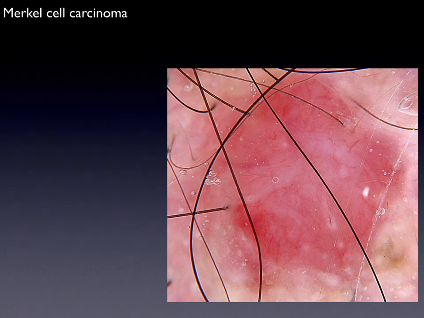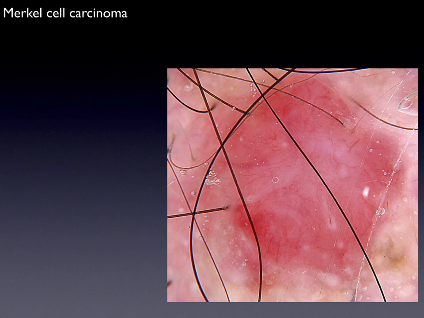When we get the histology back, this is actually a Merkel cell carcinoma. It doesn't matter that we predicted incorrectly, because we predicted generic malignancy and we excised the lesion, and the pathologist was able to give us